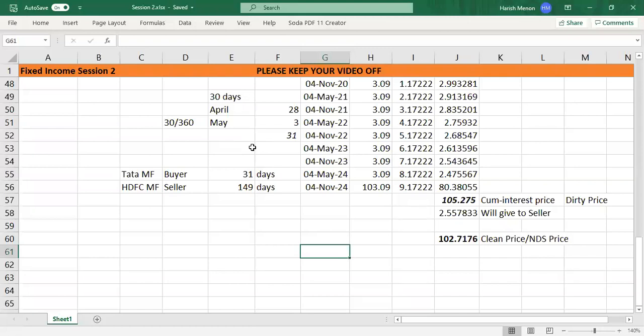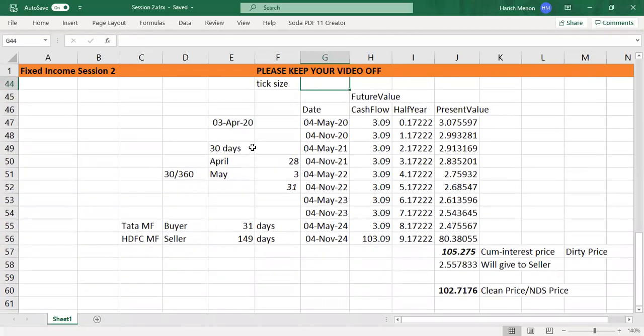Menon sir, thank you so much. I am happy that you're in the session. It's obviously going to be a little heavy for some of us. Thank you, Girish. It is going to be heavy if you're learning all of this for the first time, but